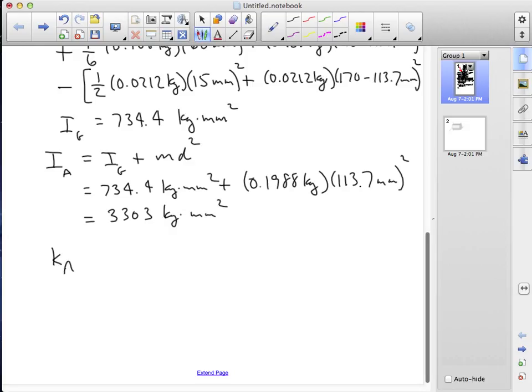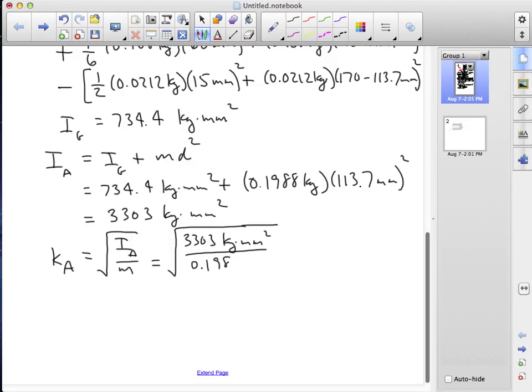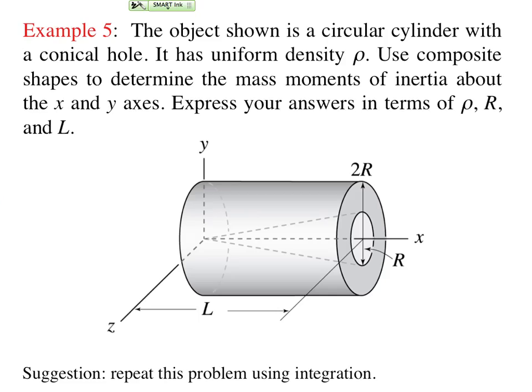The radius of gyration about A then is just the square root of IA over the mass. So the square root of 3303 kilogram millimeters squared over 0.1988 kilograms, and that radius of gyration turns out to be 128.9 millimeters. For our last example, example 5, we have a circular cylinder that has a conical hole in it,